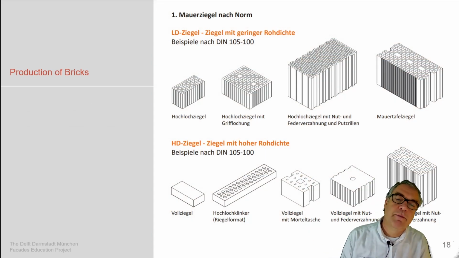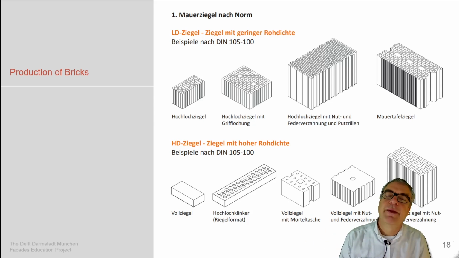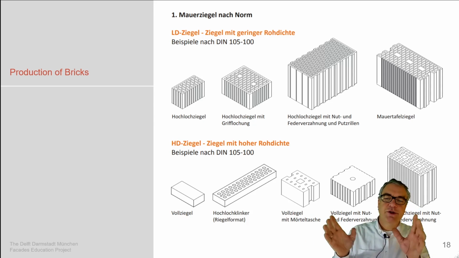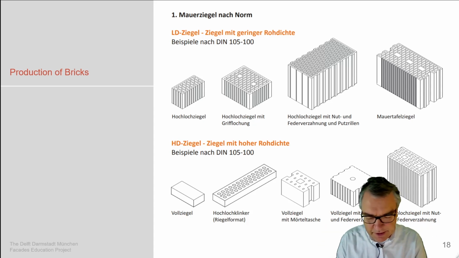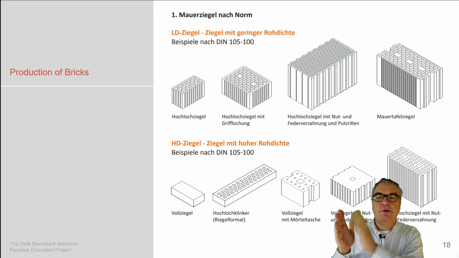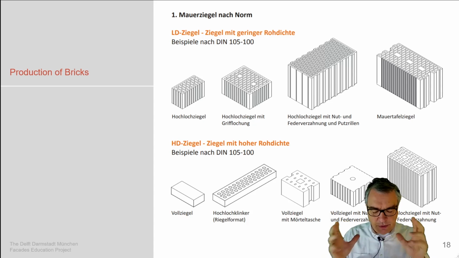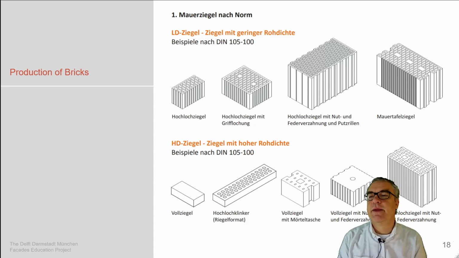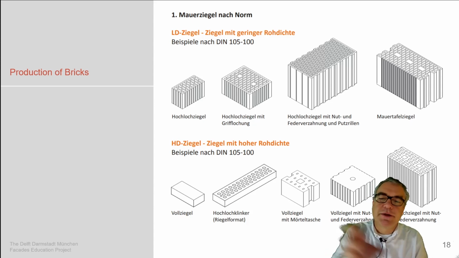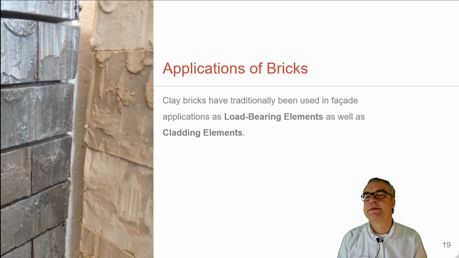Typical brick sizes. This is a German picture. You can do the same for the Dutch or the Danish or the English or wherever. These dimensions are something very local, and they define the setup of the brick structure. So the grid of the brick structure and of the brick building, how it is built, is related very much to the dimensions of these systems, these dimensional systems for bricks.